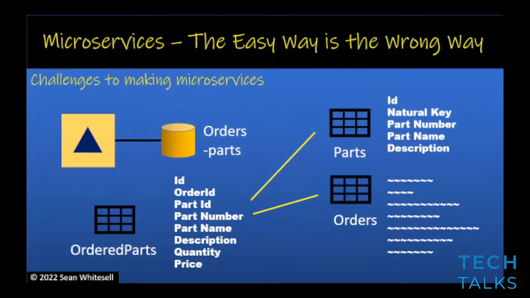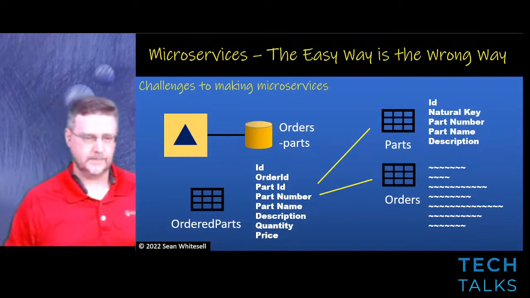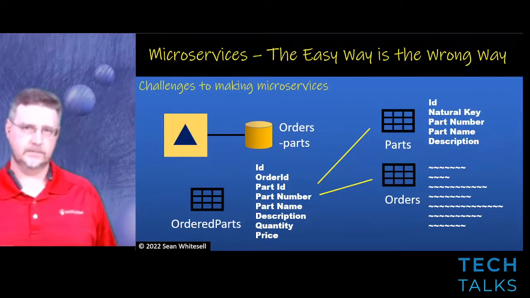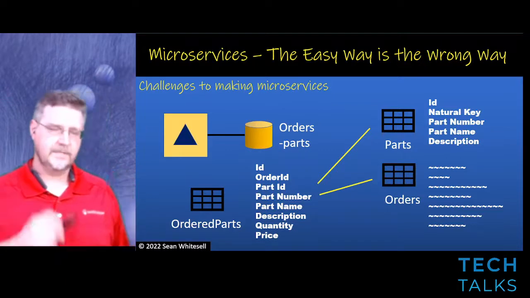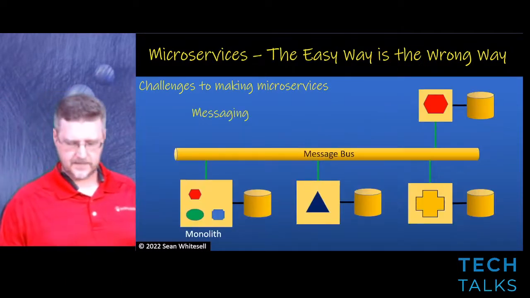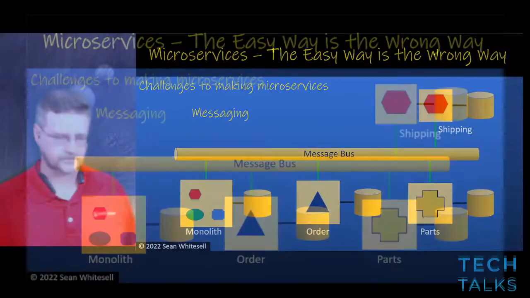What if, for example, it's an existing order, not 2 years down the road, but an open order and there's a typo? So this is where we could use something like messaging to help keep our data in sync.